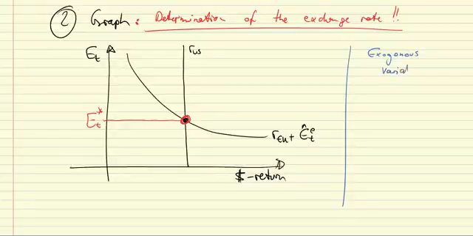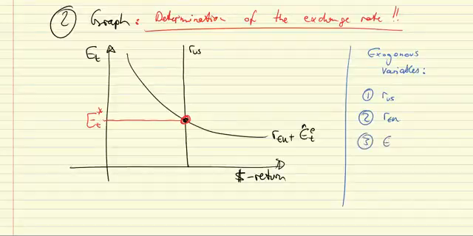in combination with three exogenous variables, which is the interest rate in the US, determined in US financial markets, primarily by the interaction between the Federal Reserve and domestic financial market participants. The same for the ECB in Europe. And third, the level of the exchange rate expected at the end of the period, ET plus 1. Now, in this graph,